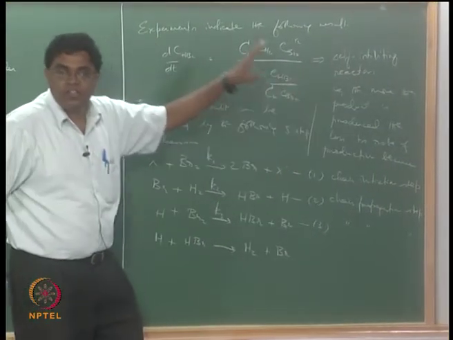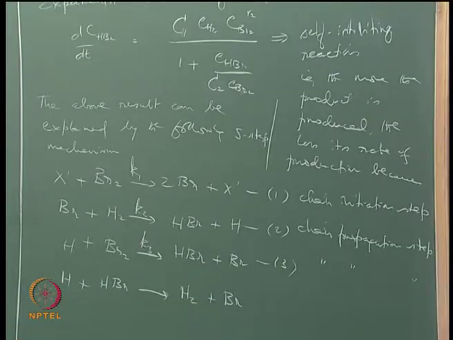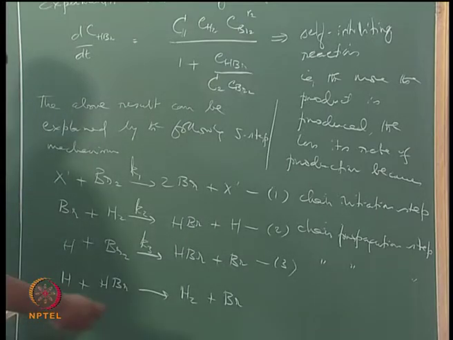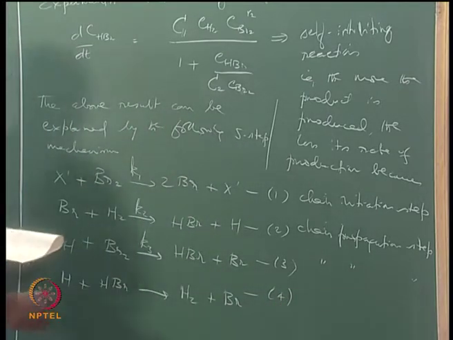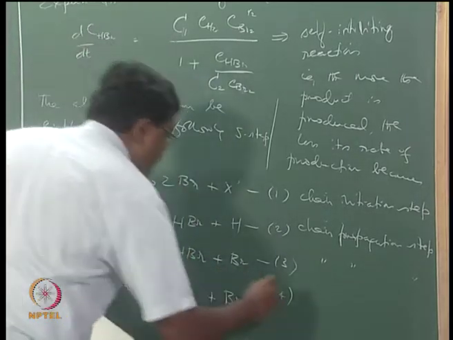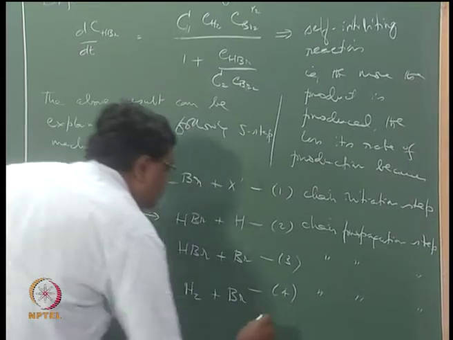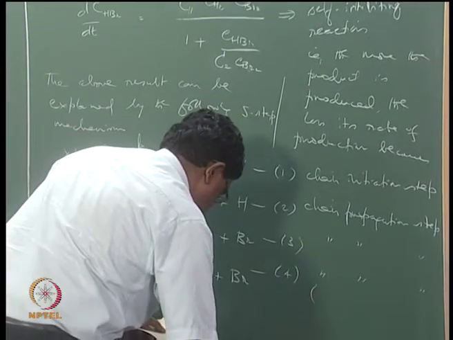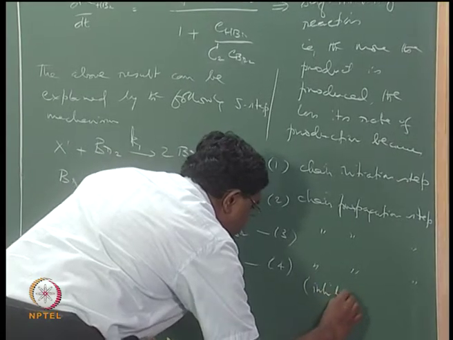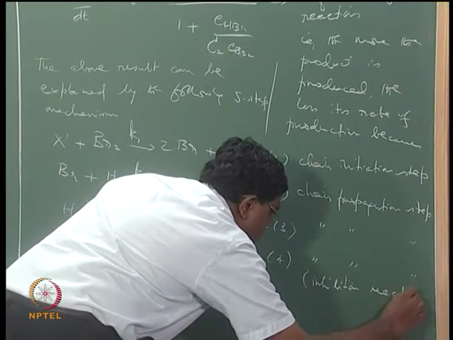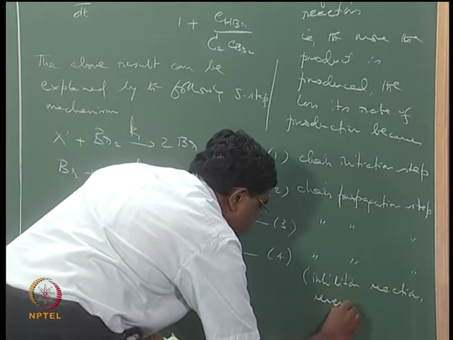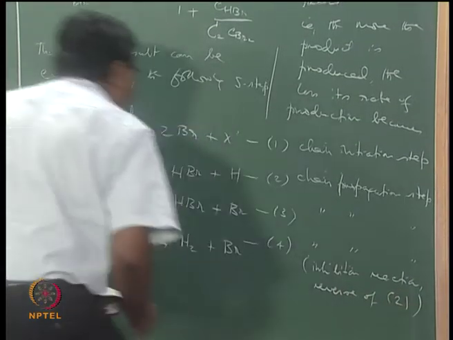So when you are having the stable products being involved in reverse reactions, right, then they get consumed and their concentrations affect your global reaction rate, right. So this is a 4, all right, but this is a chain propagating step, all right, but this is the one that is reverse of this is an inhibition reaction, reverse of 2, okay,